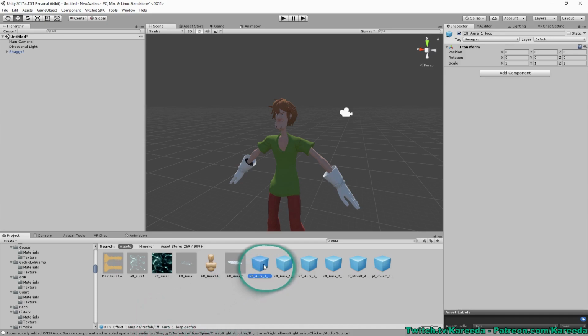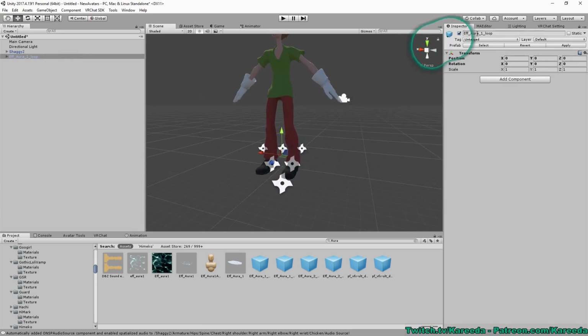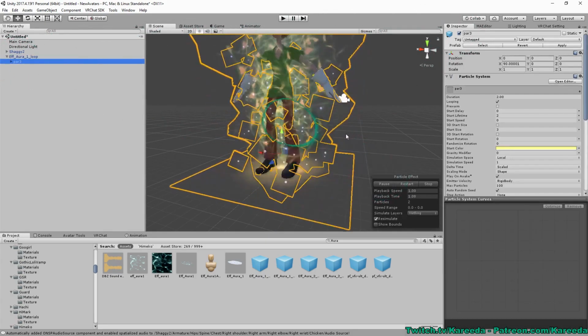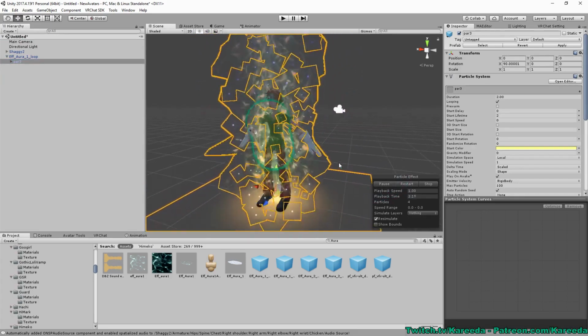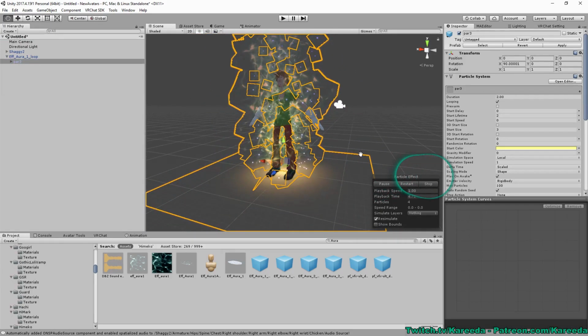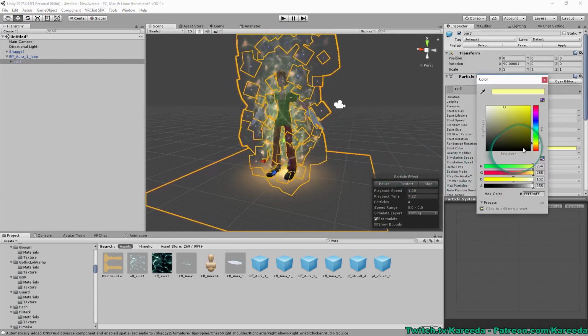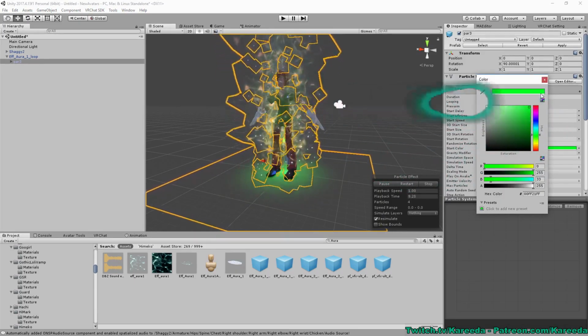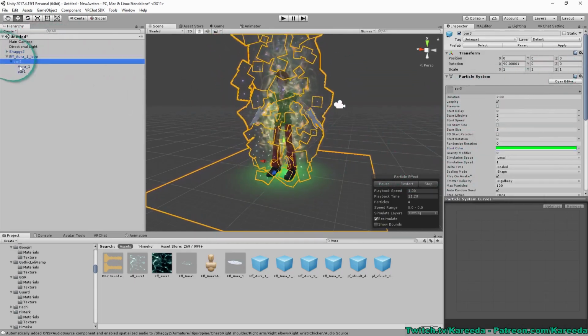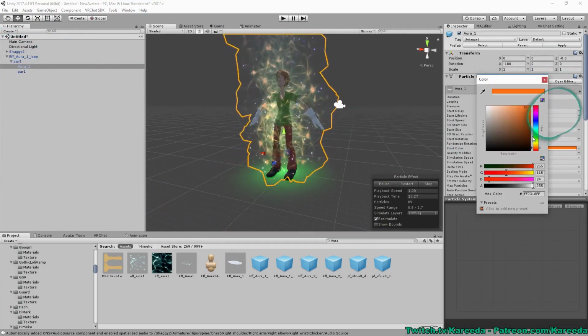Let me see here. I believe it's this looping one that I want to use. So I'm going to drag that in. And I'm going to test it out by clicking on the particle system. And as you see, that will be what I want to use. So I'm going to edit this a little bit here. Make it green, go through every little particle. And I'm going to optimize it some as well